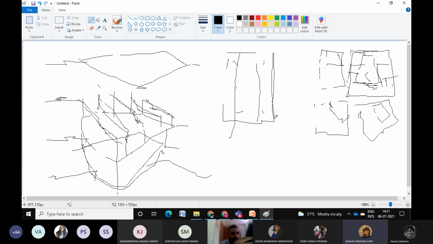Yes, to a certain extent you can afford to have columns. So that means columns need not sit at the ends of the bay. Columns can be a little inward comparatively.